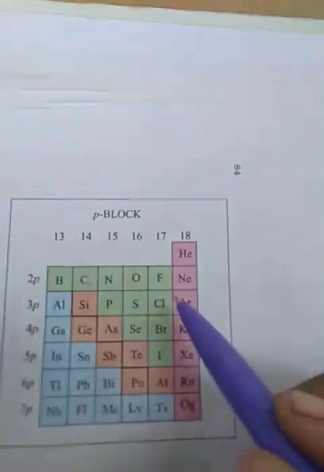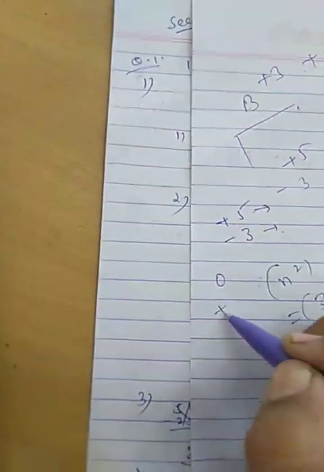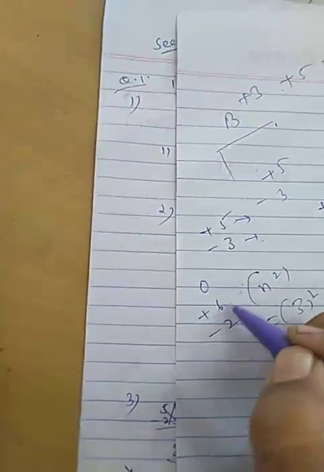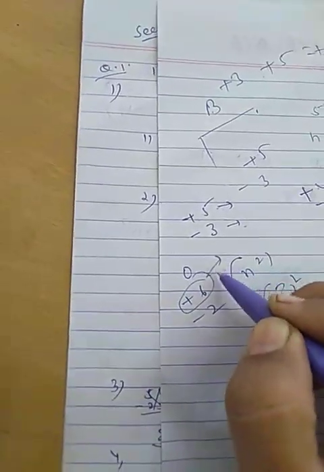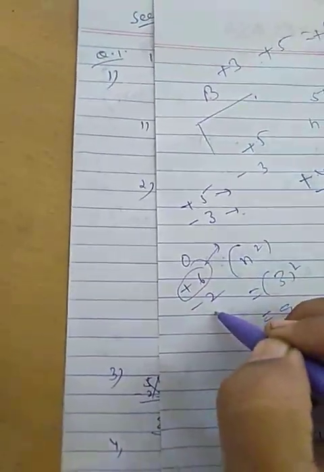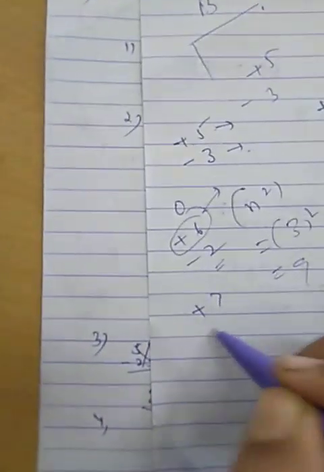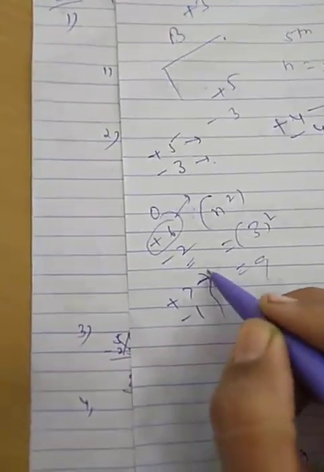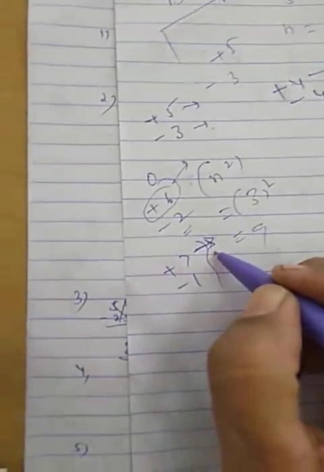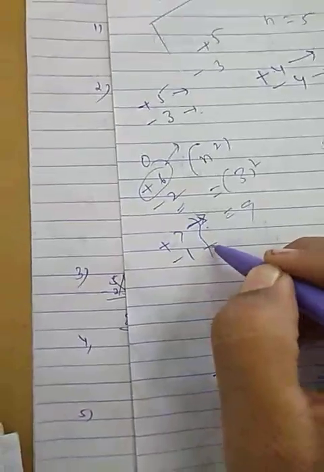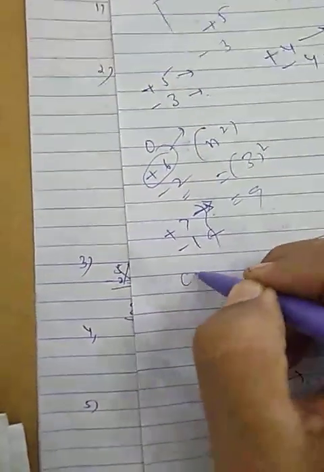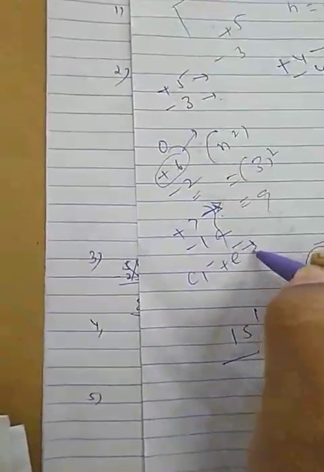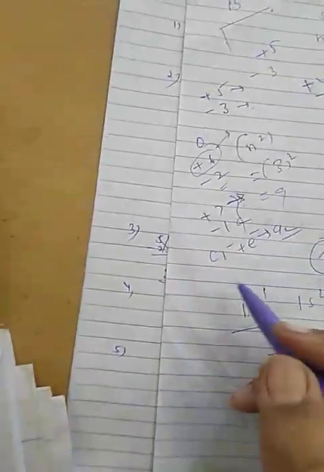Okay, now oxygen: plus 6 and minus 2. Rather than losing 6 electrons, it will easily gain 2 electrons. Fluorine: plus 7, minus 1, to complete the octet. Removing 7 electrons from the outermost orbital is difficult, with high ionization energy, and easily they will gain. Okay, chlorine also gains, though it is found with positive oxidation states too.